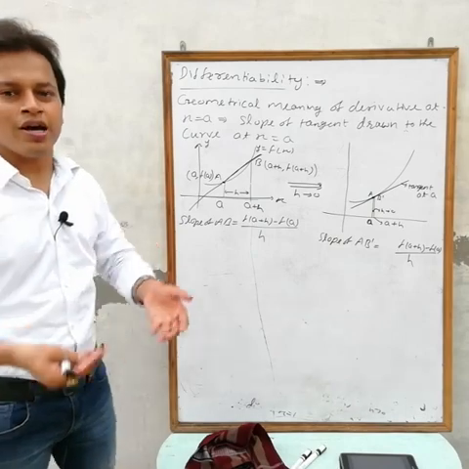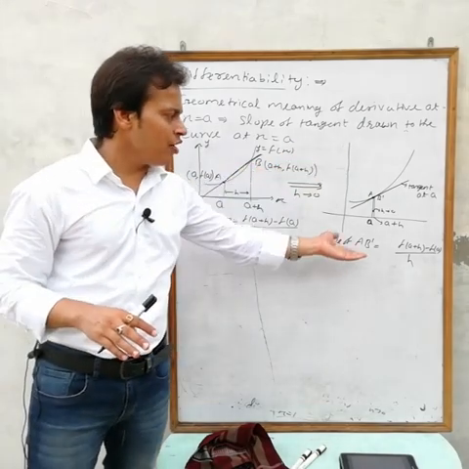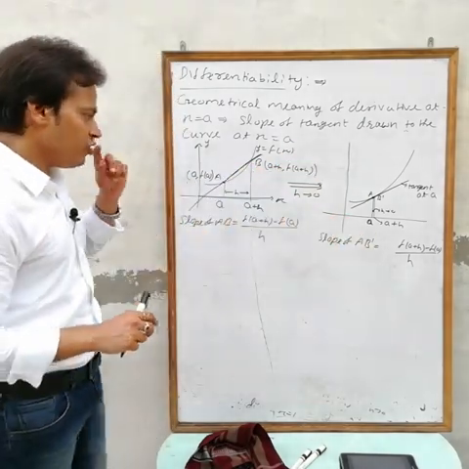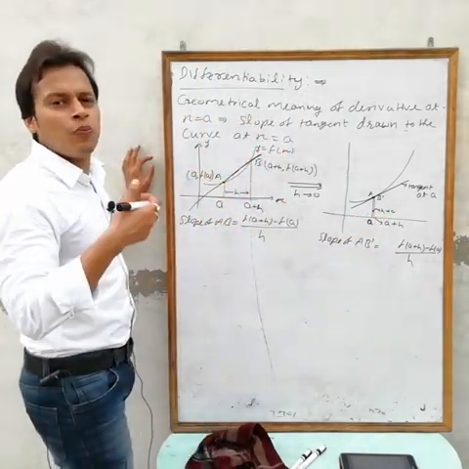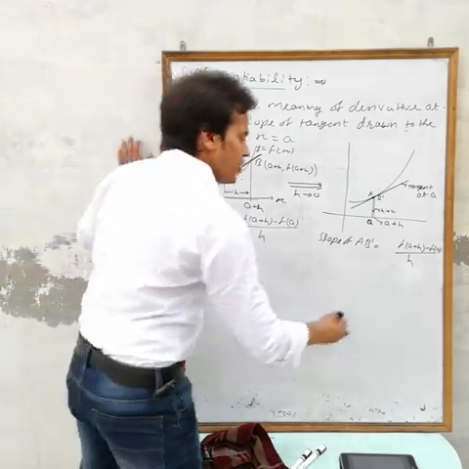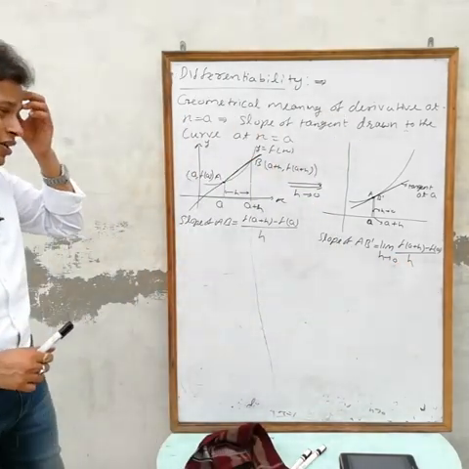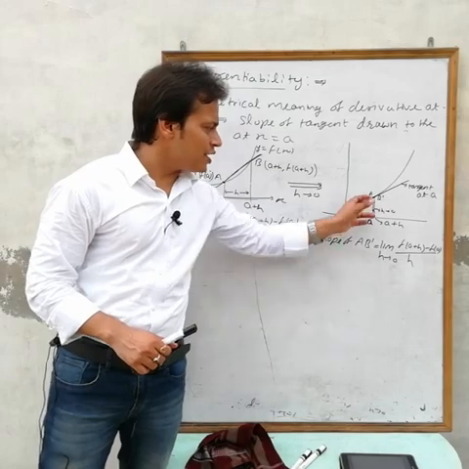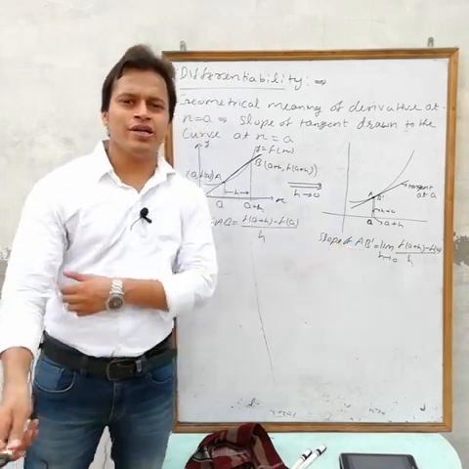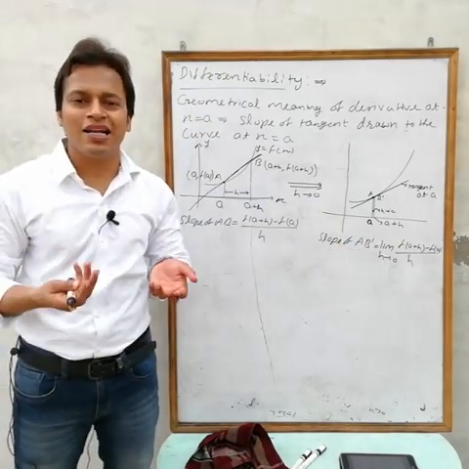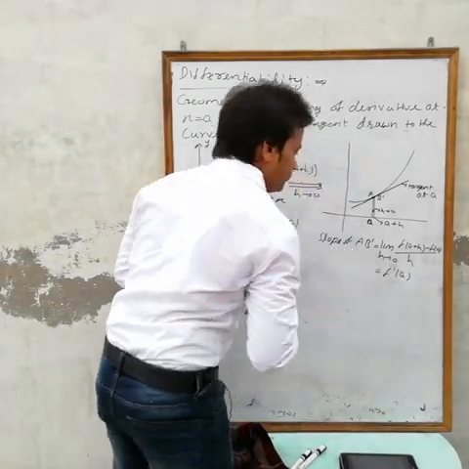But here we are assuming h on our own, h is not given. In the question we have only the function f(x) and any point x equals a. So we have to write the information about h. That information is that h is a very small positive quantity, a distance. So here we have to write limit h tending to 0. Now the slope of AB dash is the tangent at x equals a, so this is the slope of the tangent at x equals a, which represents the derivative at a, and the derivative at a is f dash a.